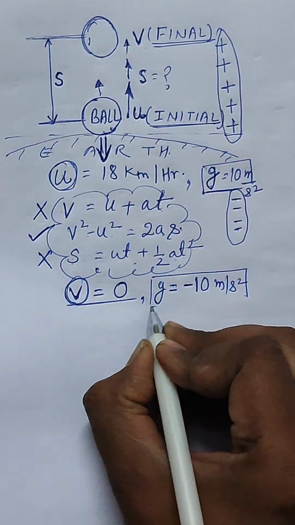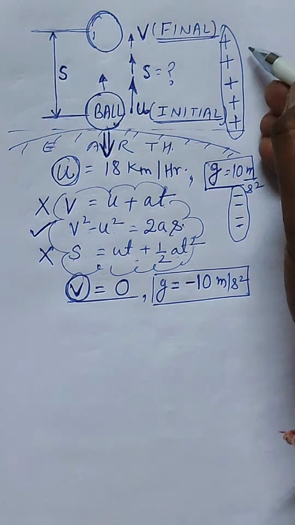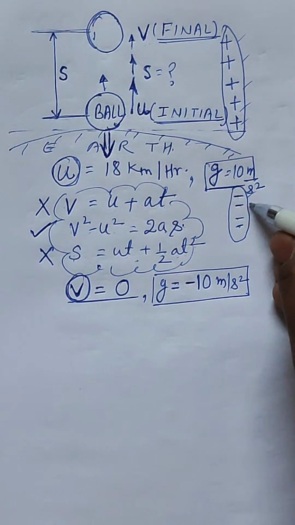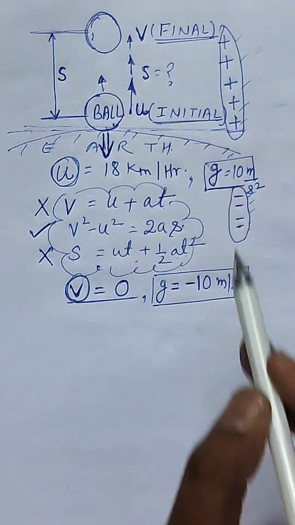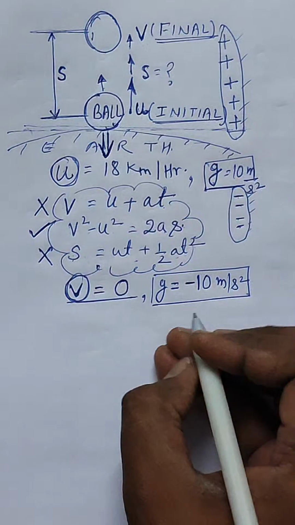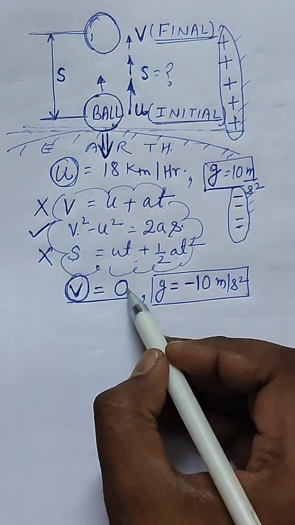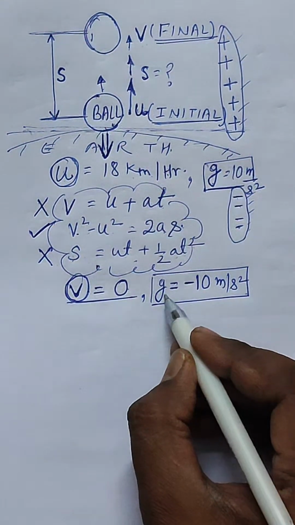This we need to understand, right? All the physical quantities above the reference will be positive, plus plus plus, and below it will be minus minus minus. I mean to say below this position, right? Now from here we see v is 0 and u is 18 kilometer per hour, but the unit of acceleration